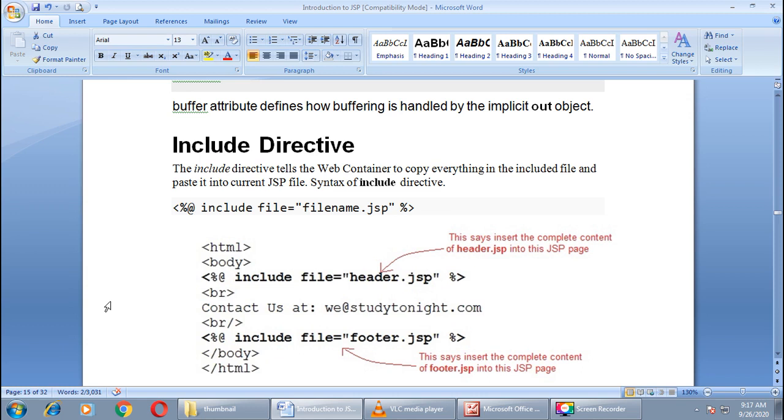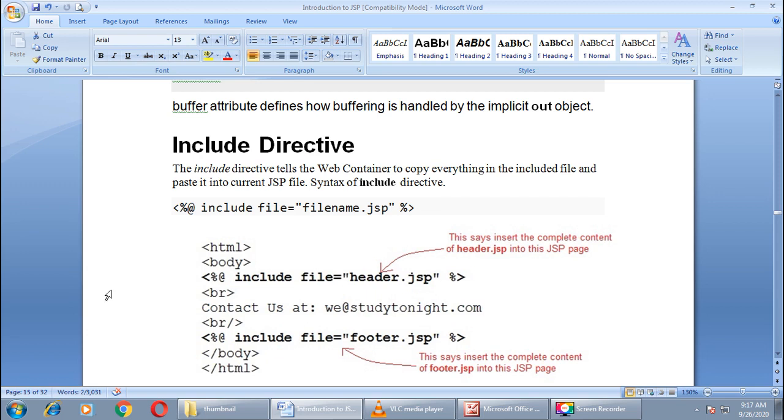This directive is used to include static HTML pages and dynamic JSP pages with other JSP pages. For example, if we want to set the same header for all the JSP pages, we can create header.html and include it in the necessary JSP pages. You have already done this in your PHP subject, right? In short, the include directive can be used to insert a part of code that is common for multiple files.